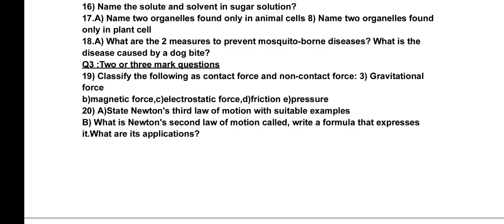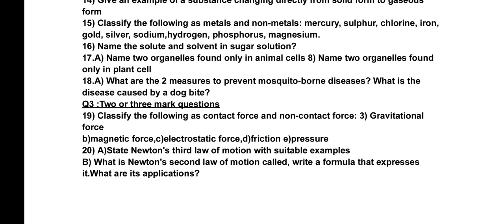Now 17th question: name two organelles found only in animal cells. Two organelles are, the first one is centriole and the second one is the lysosome. Generally lysosomes are present in animal cells. In the second question, B part, name two organelles found only in the